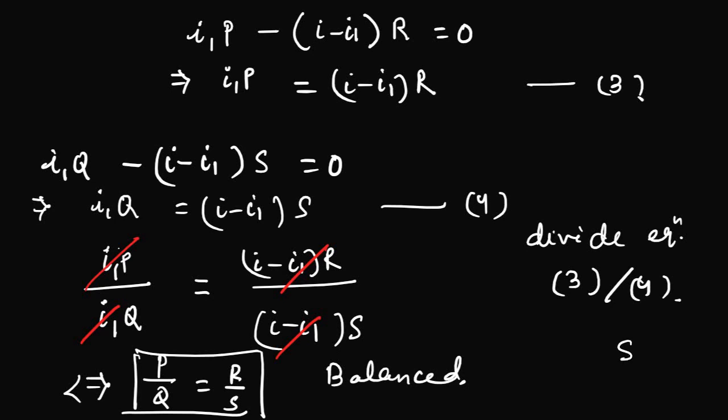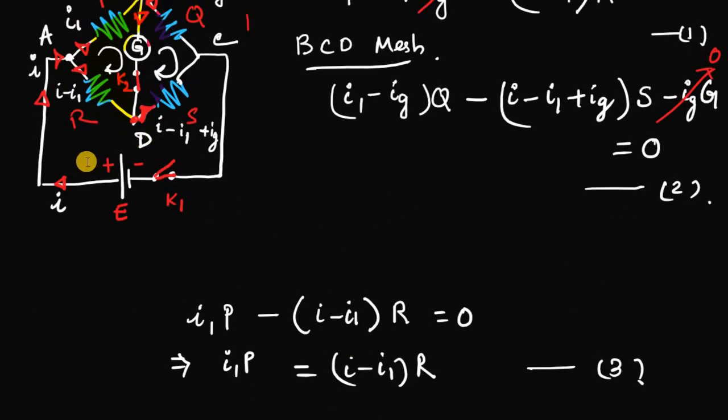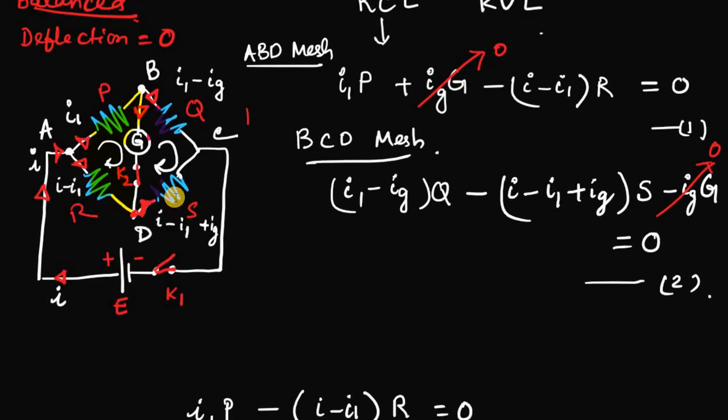If we don't know S, then we can find it out by putting the formula P by Q into R, isn't it? Or if we don't know P, then we can simply multiply Q into R, and QR divided by S will give you P. So wherever you prefer to put the unknown resistance, the other values will definitely give the value of the unknown resistance if the galvanometer is balanced and showing no deflection. That is the principle and required condition for the Wheatstone bridge principle.